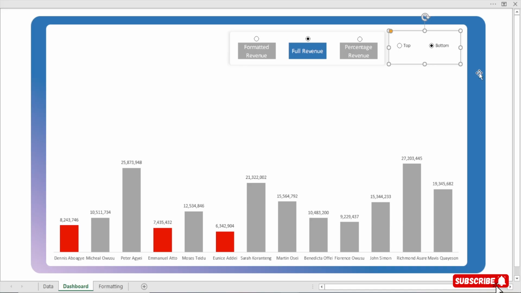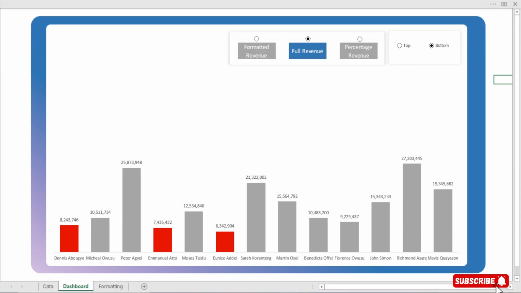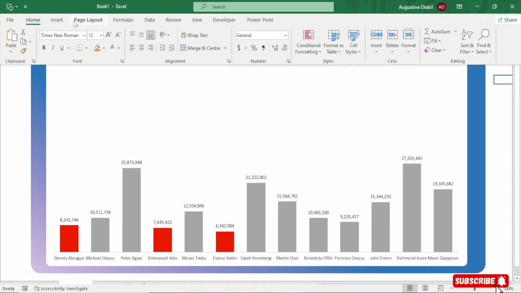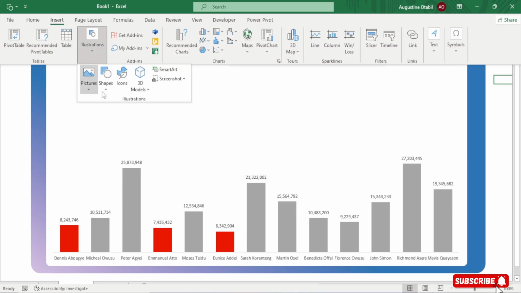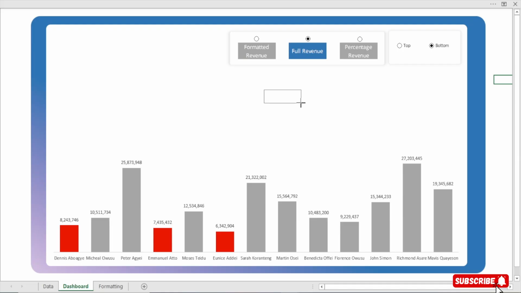So this is what I have. Perfect. Now I'll bring in a data label. Sorry, a text box. So I will come to Insert, Illustrations, Shapes, and insert this text box. I'll bring it somewhere here. Then I'll type Top Sales, enter, then Rep. You see that? I'll select it and make it like this.